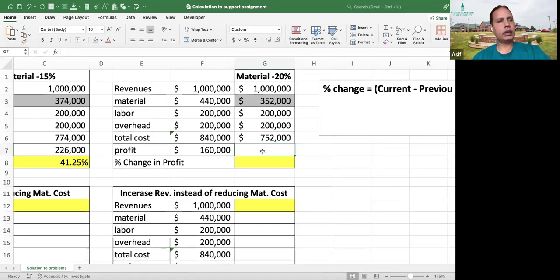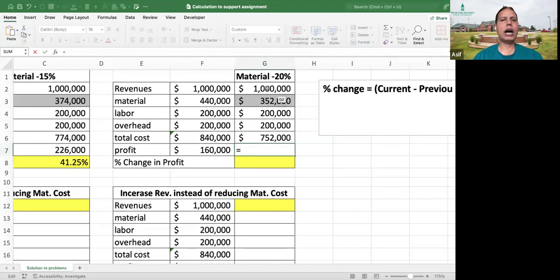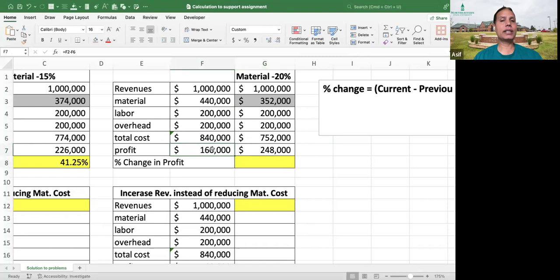The next part is calculating profit. So profit calculation, we know that profit is equal to our revenue, which is $1 million, minus total cost, which is 752,000. And profit becomes 248,000. So initially, our profit was 160,000. But with this slight change, for example, in this case,